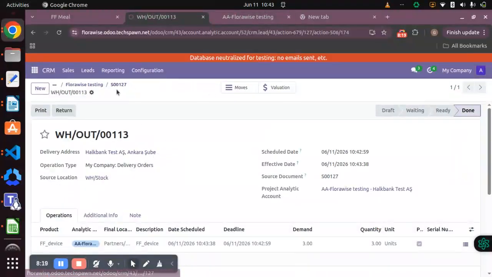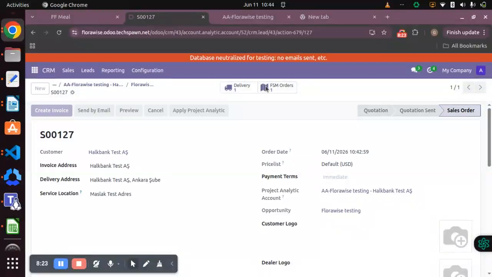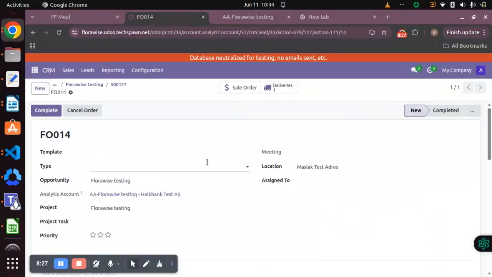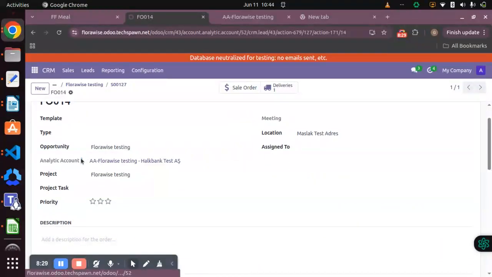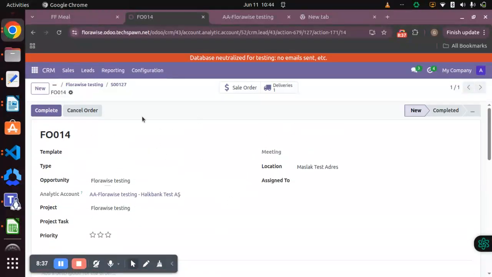Now we will go to the sale order once again and see the FSM order has been created for the service type product. So here the FSM order is created, and the opportunity is also auto-filled, the analytical account is auto-filled, and the project is auto-filled. So here I will complete